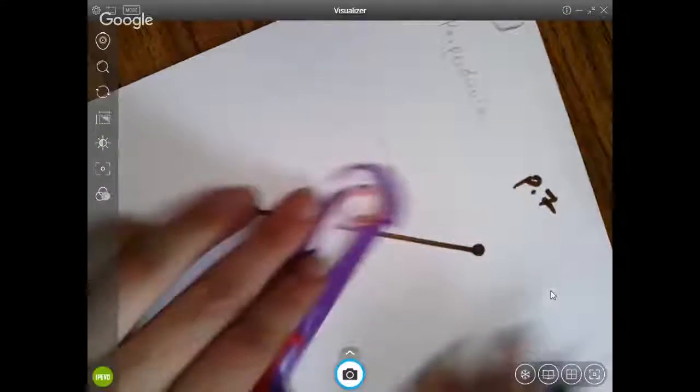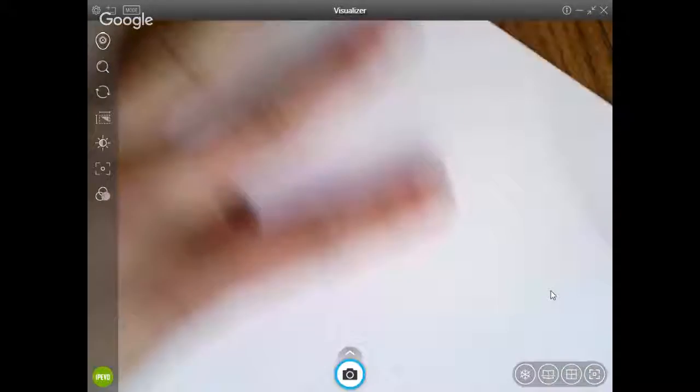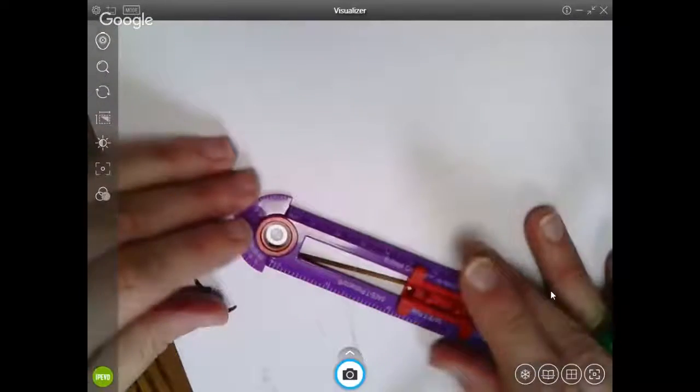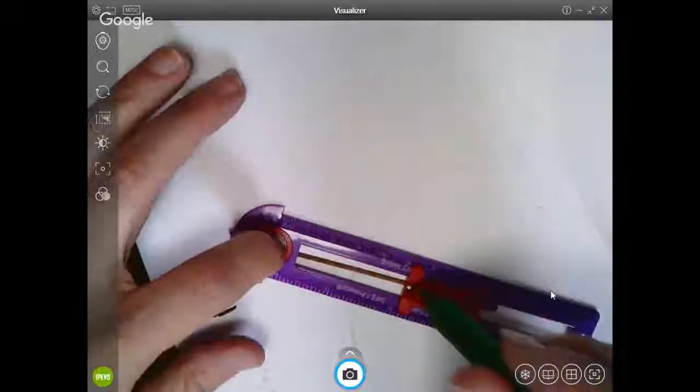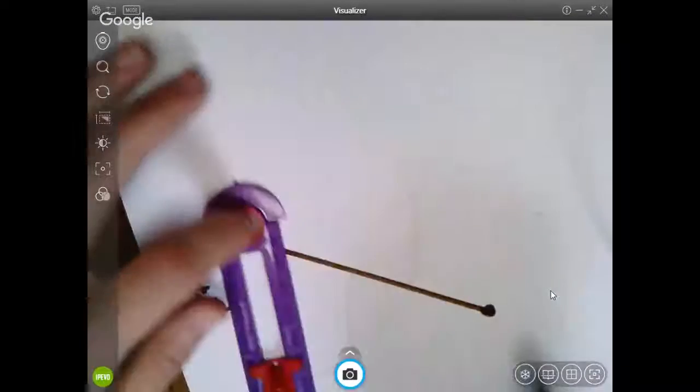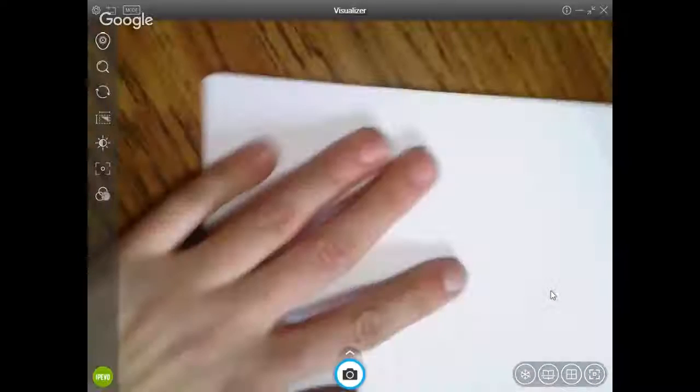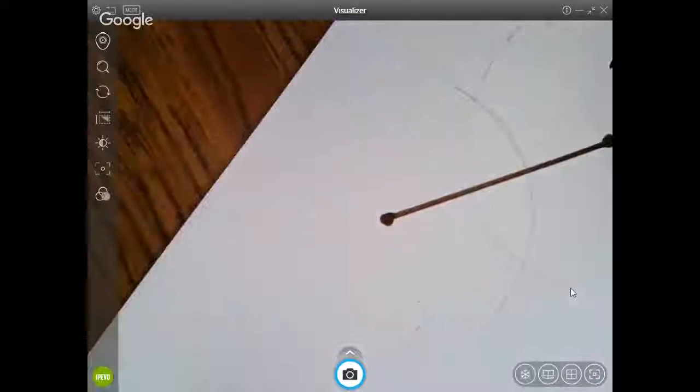Up and down. Turn the compass. I like to turn the paper because I'm right-handed. Hold this down. Up and down. And then, where these 2 points intersect,